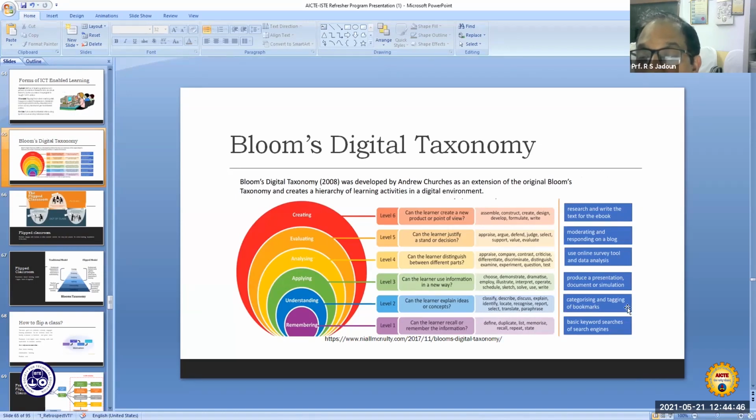Emphasis is on categorizing and tagging of bookmarks. So this is higher level, level 2.